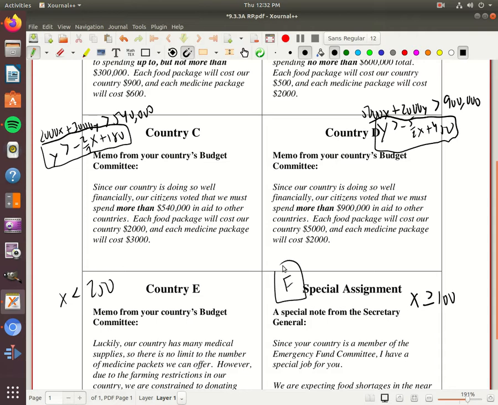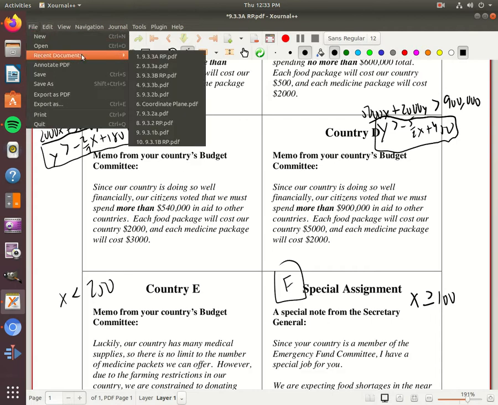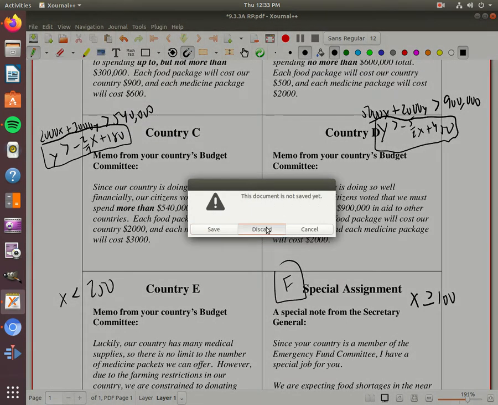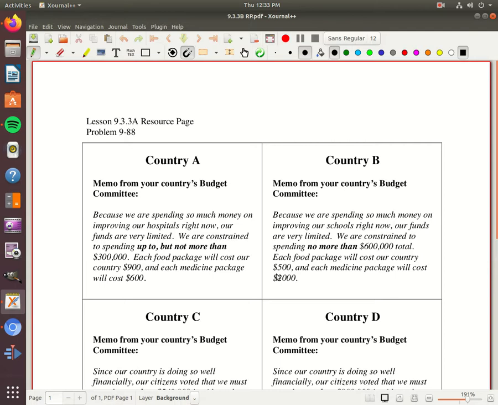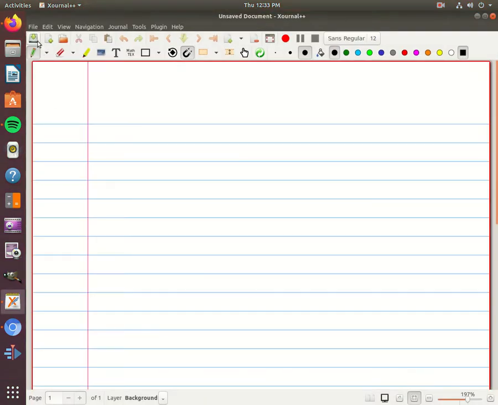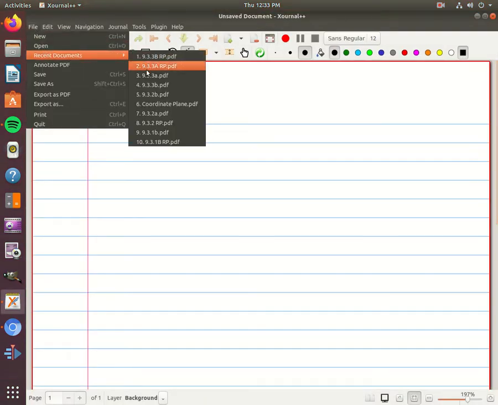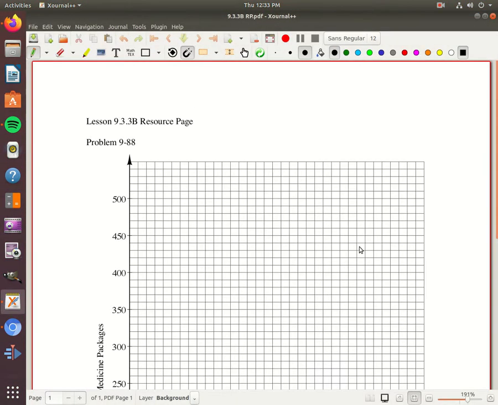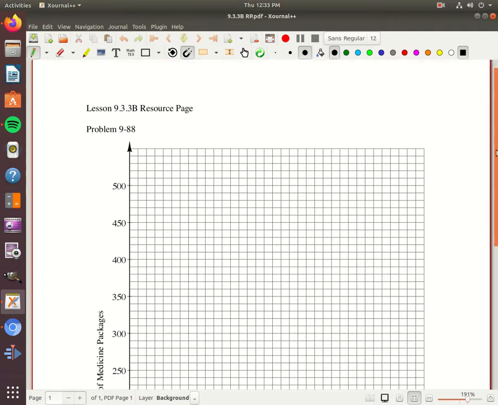It's a special assignment, but these are already in a graphable form. We don't need to do much with that. So now what we need to do is jump over to 933B, and it's not going to let me do that. So I'm going to have to hop out of here and go in again. All right, so on this one, and again, guys,